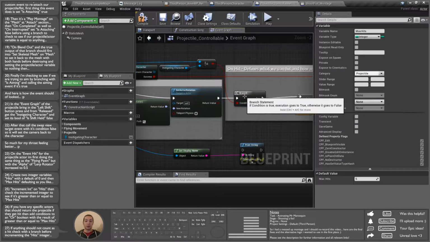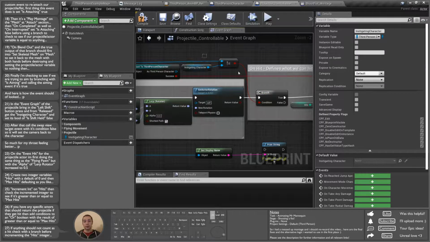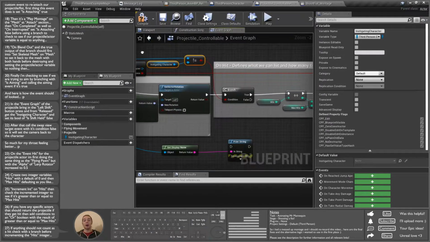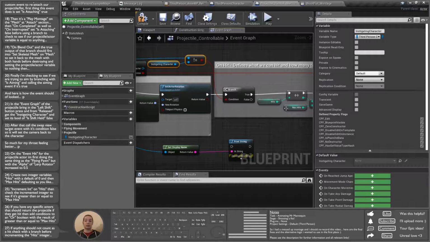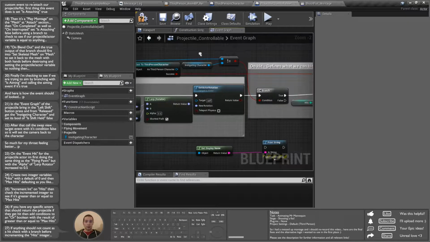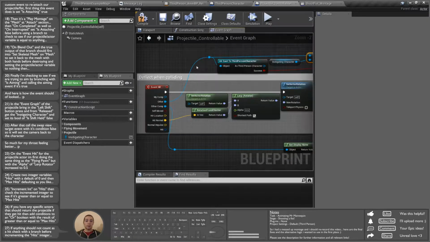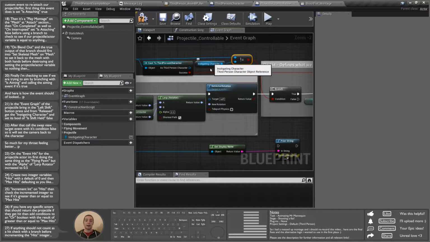I'm also checking just before I set these hits that we're not hitting ourselves. If we want to hit ourselves, we just remove this branch. But I don't want to be hitting myself with the fist. I don't mind if the fist bounces off, but I didn't want hitting ourselves to count towards our max hits. So I'm just quickly checking that this other actor is not equal to the instigating character, and if it is a third person character though,